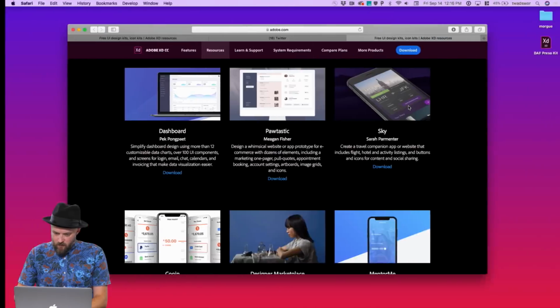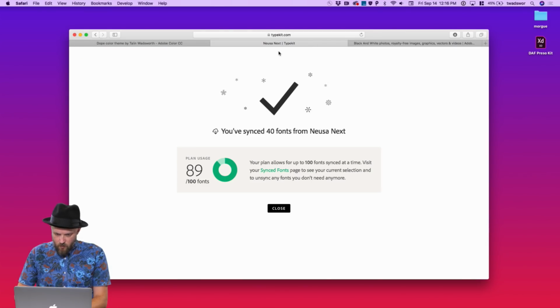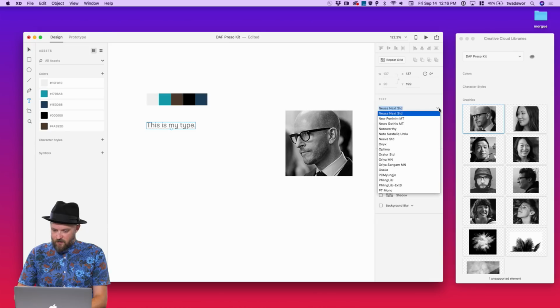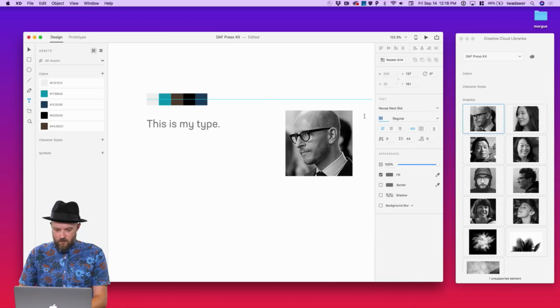I think, what was the Typekit one we just downloaded? I forgot the name of it. Nuesa. Noesa. How do you pronounce that? There it is. So that typeface that we synced from Typekit is now right there inside of XD. So I can go and use it. And this is my